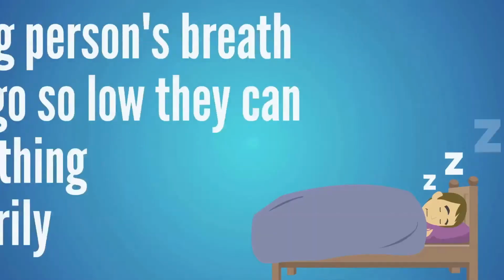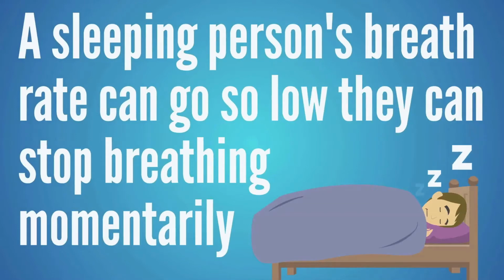So the body is using this to correct a problem. It's slowing the rate at which we breathe, it holds on to more CO2, it acidifies the blood, and that helps oxygen get down to where it needs to be. But with sleep apnea, it can slow that breath rate so much that the person will basically stop breathing momentarily. Maybe enough to wake them up, or maybe enough to keep them from getting into a deep state of